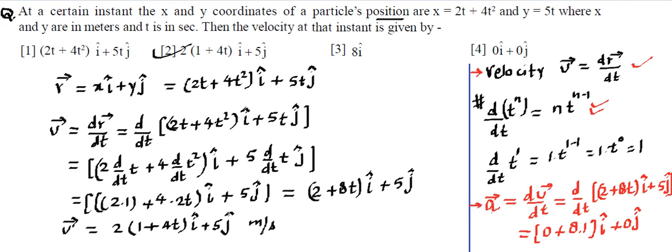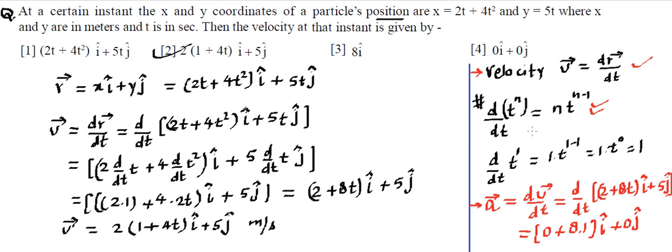Right? And we will be doing this kind of questions in kinematics, a lot more questions. But since you have talked about this velocity and acceleration in your previous classes like 9th and 10th, you can connect it with this. The only new thing that you will be facing over here is the differentiation.